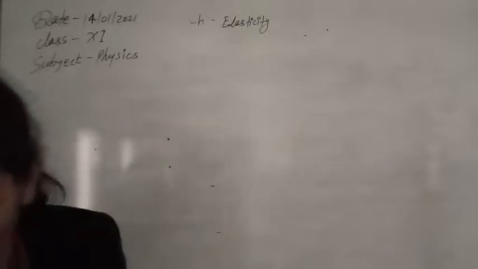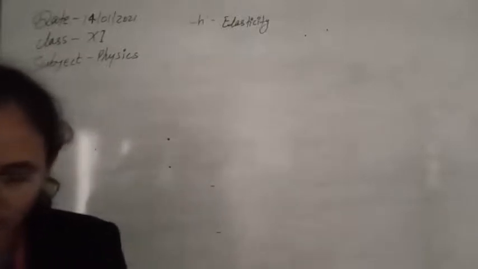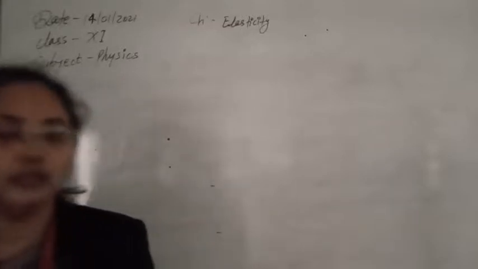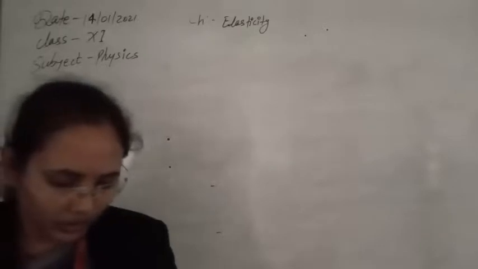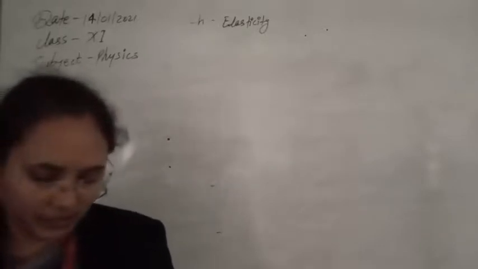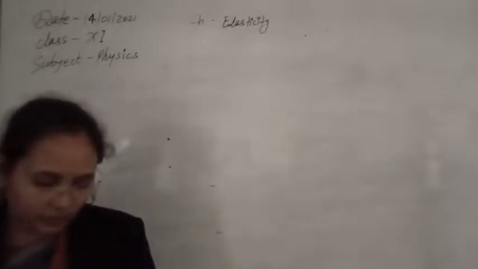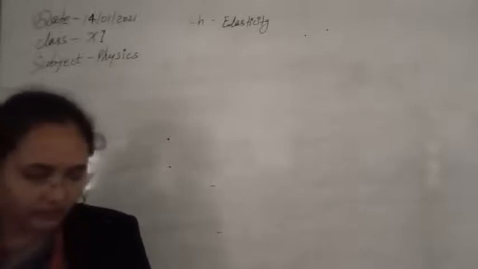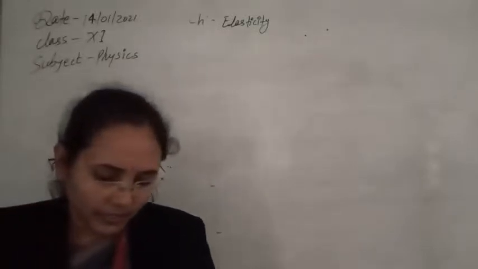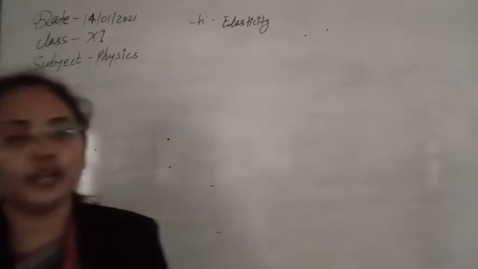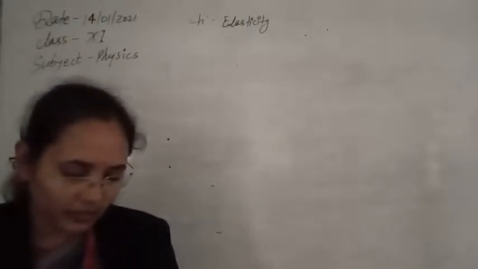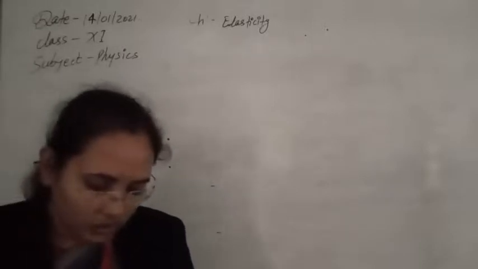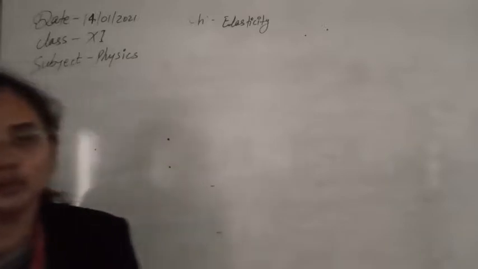Now let's see the next problem. A rubber cord has a cross-sectional area of 1 mm square and a total unstressed length of 10 centimeter. If it is stressed to 12 centimeter and then released to project a missile of mass 5 gram, taking Young's modulus for rubber as 5 into 10 to the power 8 Newton per meter square, find the tension in the cord and also find the velocity of projection of the projectile.